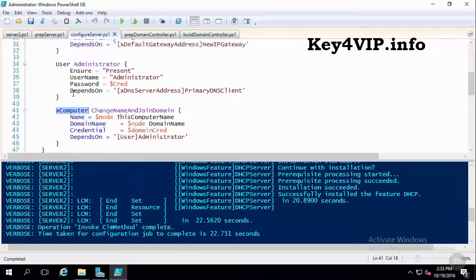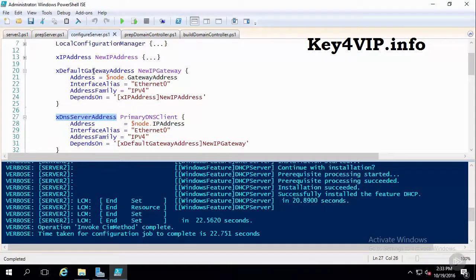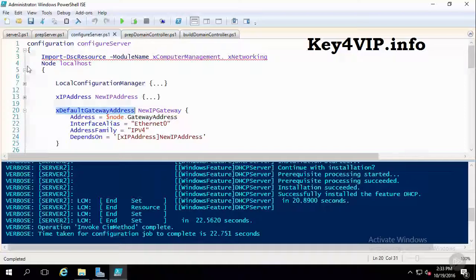This xComputer module here is one that isn't natively available right out of the box here with Windows. The same is true over here with xDnsServerAddress and xDefaultGatewayAddress. These exist as a component of what we can see right here as the different resources that are necessary. xComputerManagement and xNetworking are the two DSC resources that we need to locate from some other location out on the internet, which contain all the necessary things that we can then add down here at the bottom for configuring